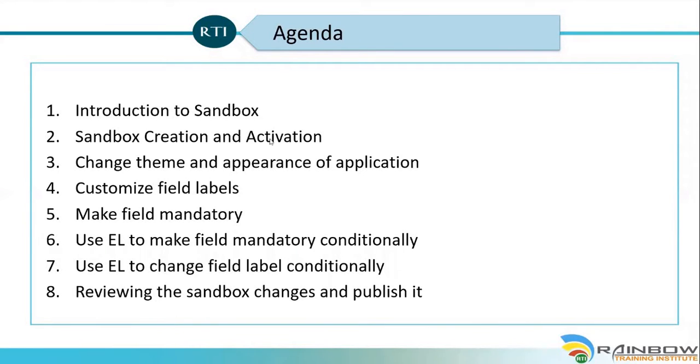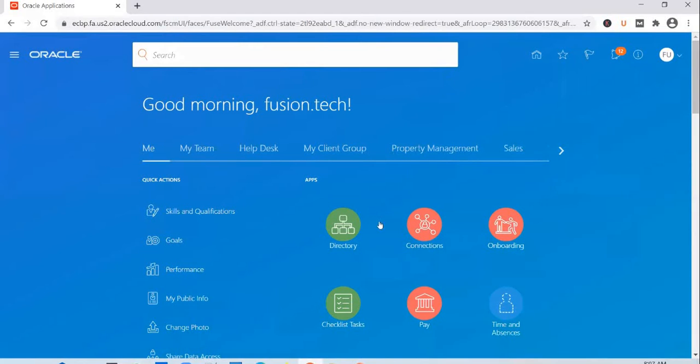In today's session, we're going to talk about UI customizations and how we can perform them with the help of a sandbox. Whenever you have to change something in the application, or whenever a client opts for a new OIC instance, it comes with a default theme. So it doesn't look like this. It comes with a default theme, with the Oracle logo, and with a default homepage layout called Newsfeed homepage layout, right?